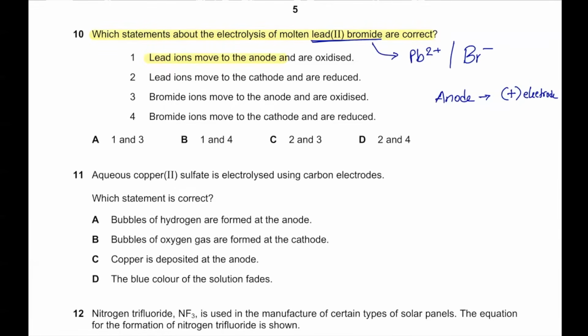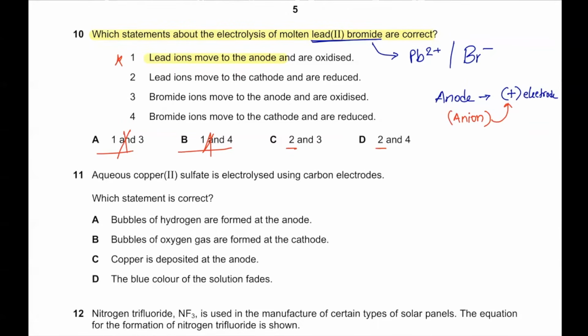And the name anode comes from anions. Anions are negatively charged ions, and anions are attracted towards the positive electrode, which is definitely good logic. All right, so number one is already wrong. When number one is wrong, I can already see A is wrong, B is wrong, so I can simply cross them out. I know they're not going to be the answer because number one is wrong. Now I can see point number two is common in both C and D,